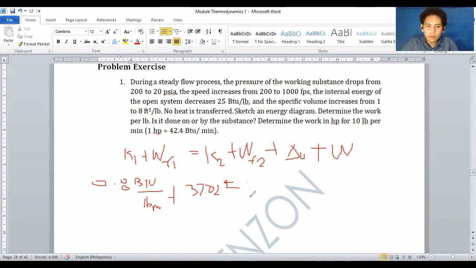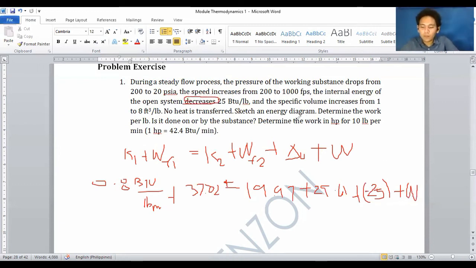K2 is 19.97 plus your work flow 2 based on our stored value. It is 29.61 plus your change in internal energy, which is 25. Now, it states that it decreases, therefore your internal energy becomes negative, plus work. Since the internal energy decreases, as stated in the problem, all you have to do is make the sign on your internal energy negative. Then upon solving it up, we yield 13.24 BTU